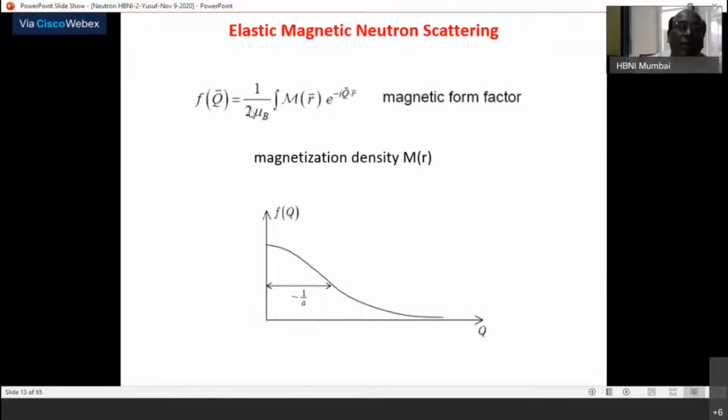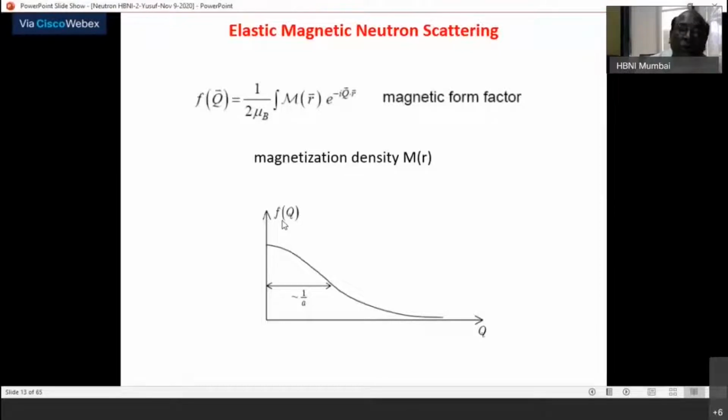Now here the form factor is relevant for magnetic scattering because your probe de Broglie wavelength is again angstrom, because it is a neutron of milli-electron volt energy, and the magnetization density distribution, that structure, is also of that length scale. As you know, the atomic shell, that orbital dimension, is also about angstrom. So the probe will see an extended object as far as magnetization density distribution is concerned in the atomic shells like 3d, 4f, and so on. That's why for magnetic neutron scattering, you do have a form factor.